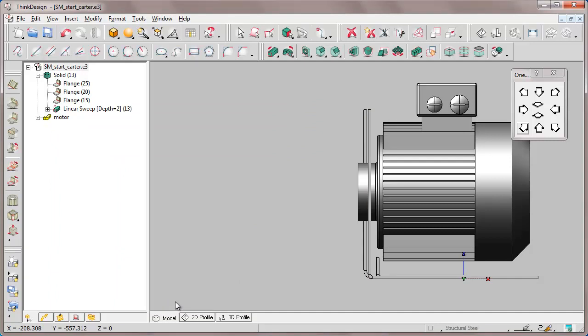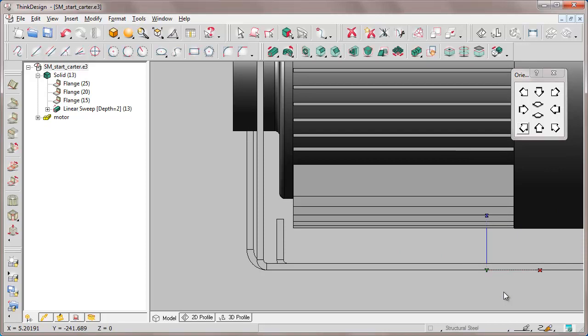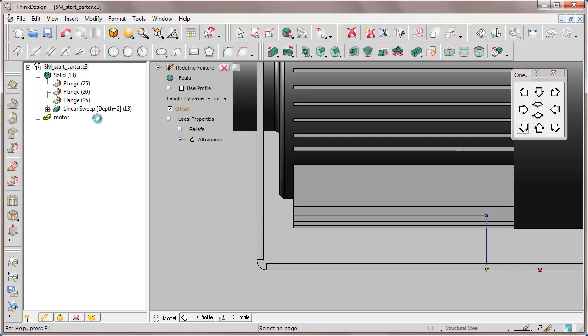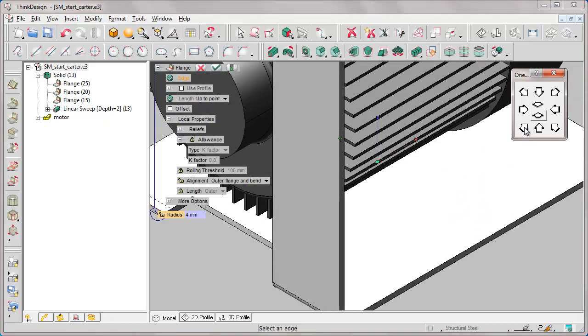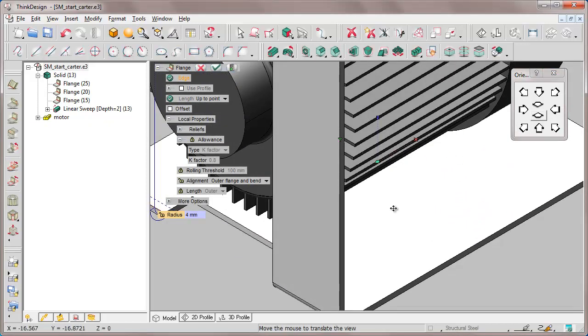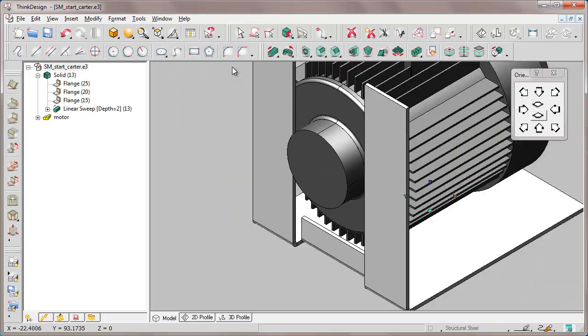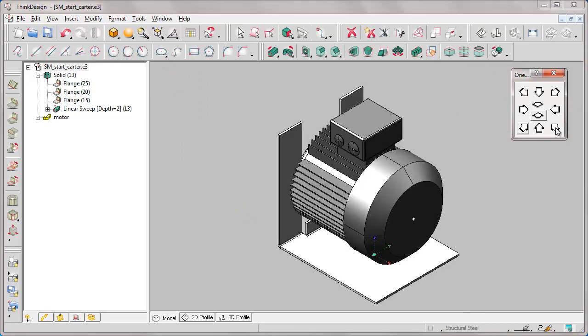OK. We notice that the bend radii of the flanges we inserted, taking into account the global properties, are updated respecting the values of the sheet metal properties associated to the solid. So the bend radius has switched from 2 to 1 mm. For the other flange, on the contrary, we had entered a local property. In fact, the bend radius was unlocked. Blocking it again, the values of the properties associated to the solid object is taken into account and we rebuild.